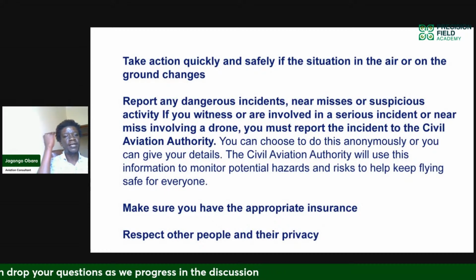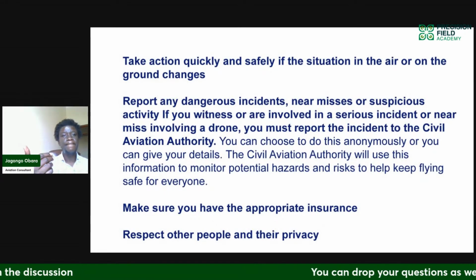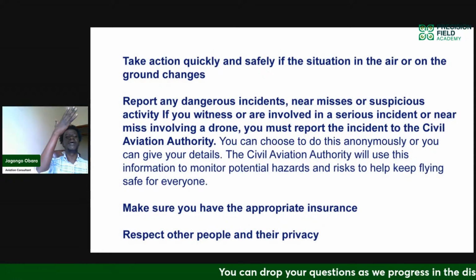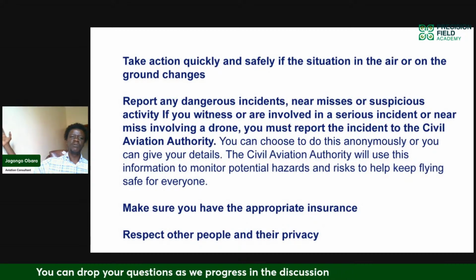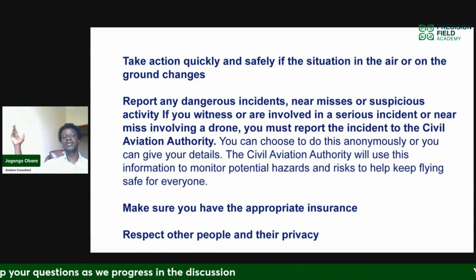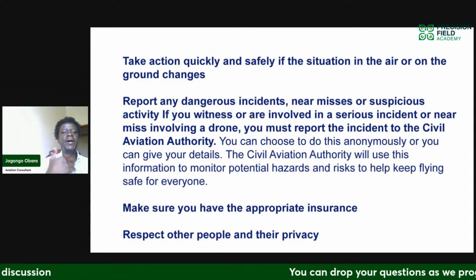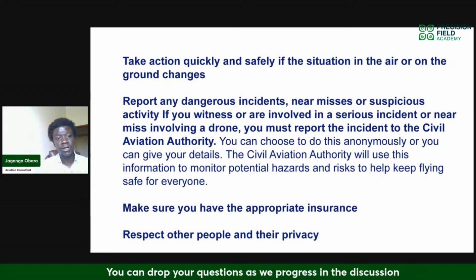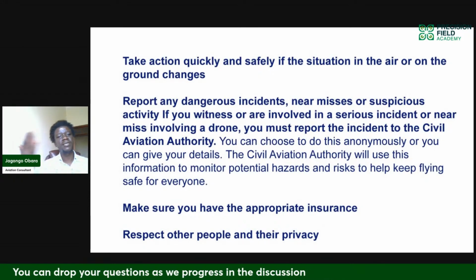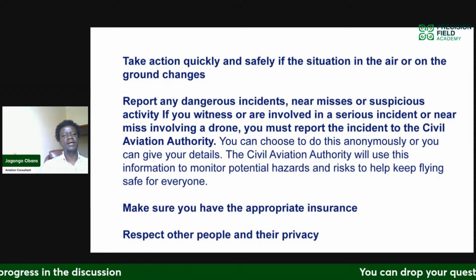So third-party insurance means that you might not be compensated for your aircraft, but if you bump into my head, my medical bills will be paid. If you slam into the wall, the building will be replaced, or the owner of the building will be compensated, and so on and so forth. But if you can manage to get yourself comprehensive insurance, just the same way vehicles have third-party insurance and vehicles also have comprehensive, the same logic applies with drones. It's nothing special, it's nothing different.